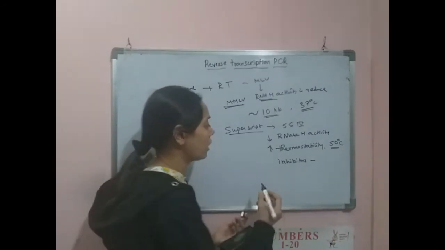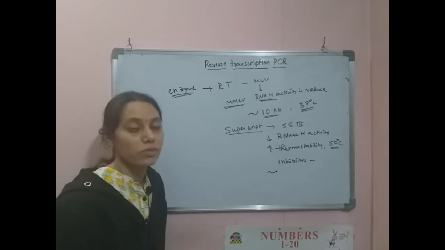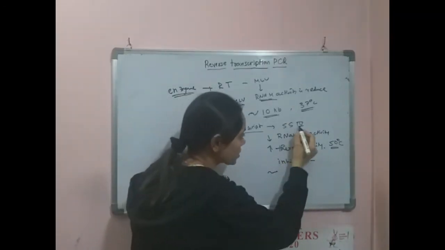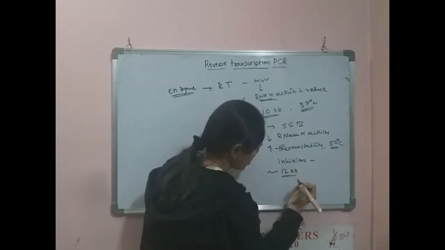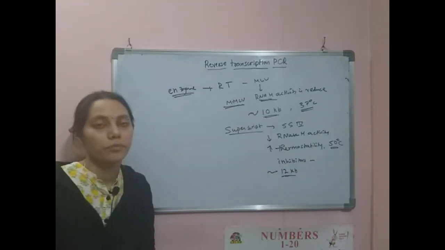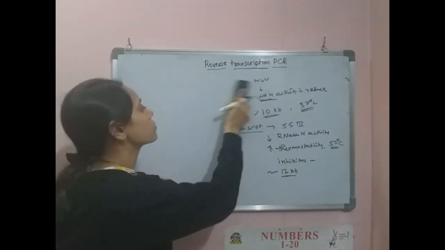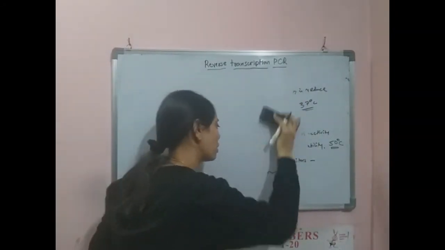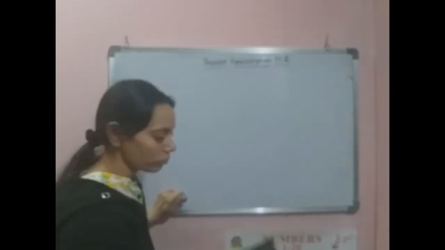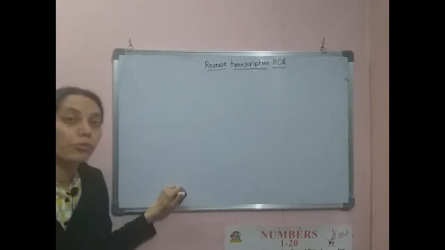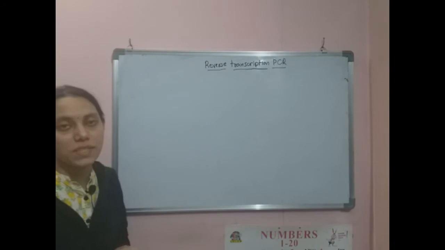And coming to the length of the product that is going to be reverse transcribed, for SuperScript IV it is up to 12 kilobase pairs of DNA that can be obtained. So that is the comparison of the enzymes. The last part we are left with is the PCR program. How do we perform this reverse transcription in the PCR machine?